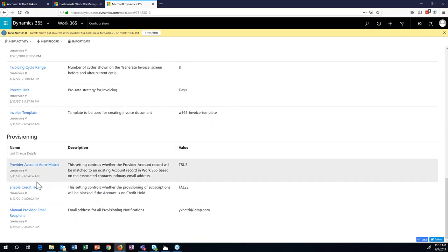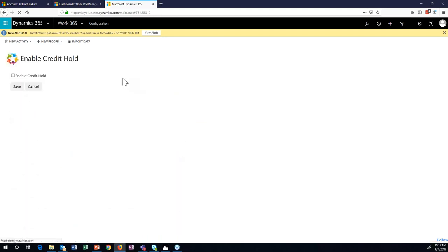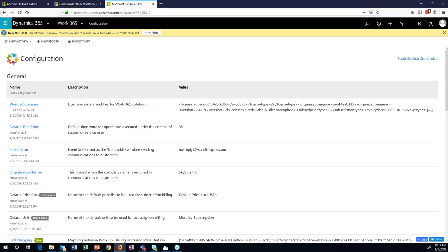Credit hold. Enable credit hold. Now, if I turn this setting on, what this will allow me to do is pause any provisioning that happens for the customer. As a way of implementing this capability, what you might do is, by default, set up